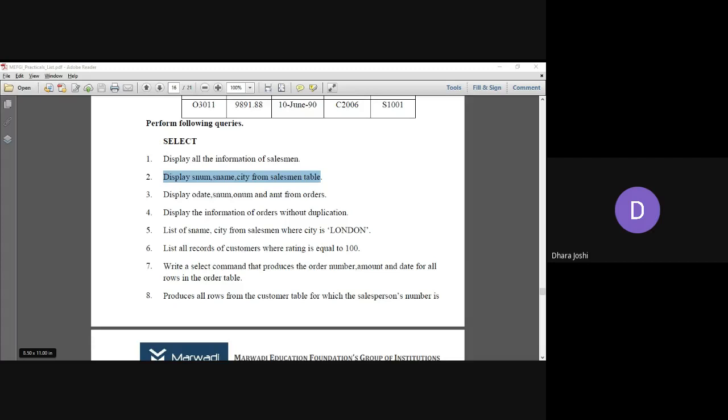Select star, we are using star, that means each and every column name. We do not want to write every column name, that's why we have star. But if we want some columns, then as you have mentioned, we use column names. So remove this star and the solution is select column names. The first column name is snum, comma sname, comma city from salesman. This is the solution. Select all these three column names from the table, and the table name is salesman.